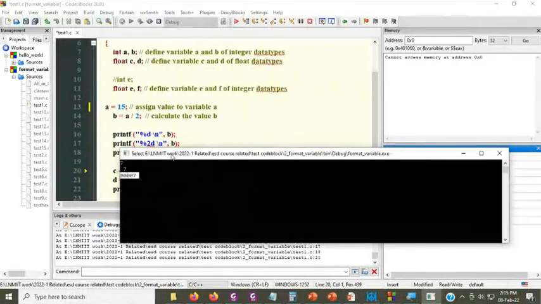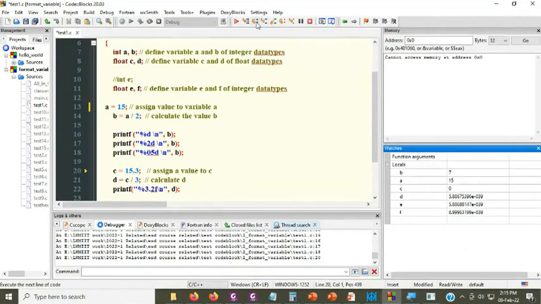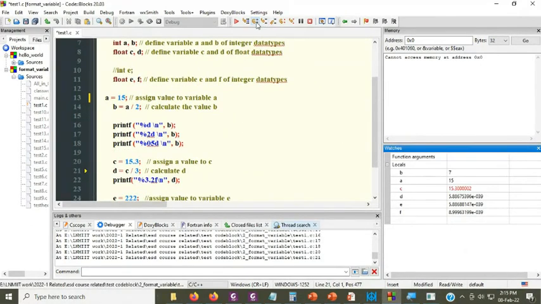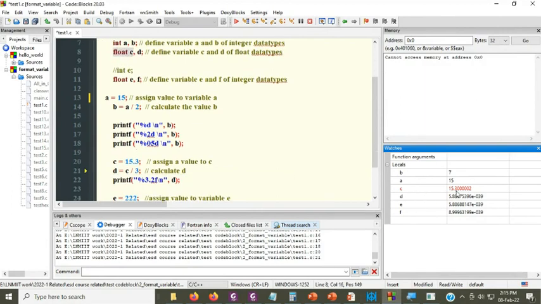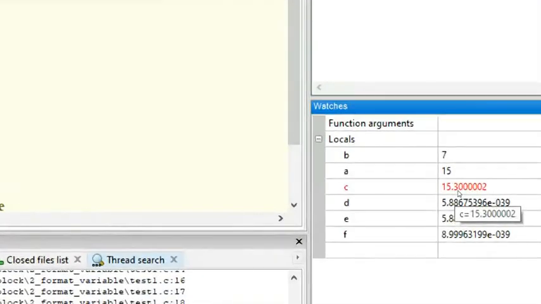Now, this is how the rest of the program will run. So C is 15.3 and D. Now C is a floating type variable, so it can hold 15.3. But in the watch window, you can see it is storing 15.30000002. Can anyone tell why it is storing this number?